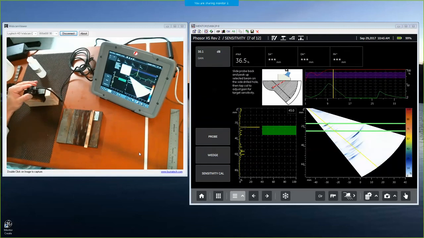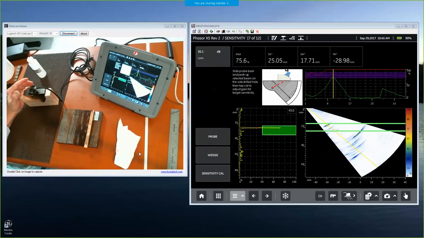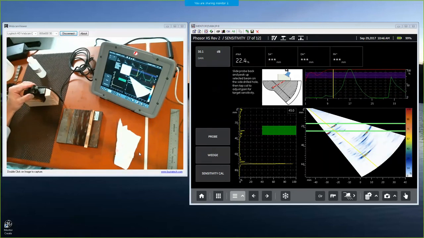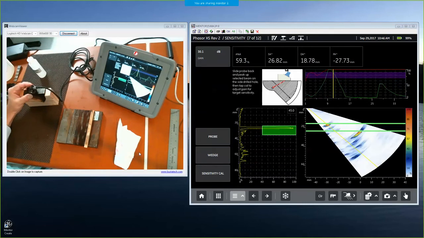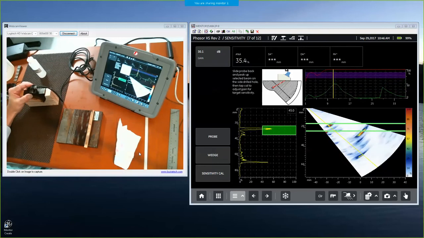It's so hard to combine moving a probe with a sensitivity calibration. You can set up the TCG calibration to use the side drilled hole and scan back and forth. But what I've run into very consistently is almost every standard that we have that involves a side drilled hole, as soon as you get the probe positioned this way along the direction of the scan so that you've got the gate seeing the side drilled hole neatly,